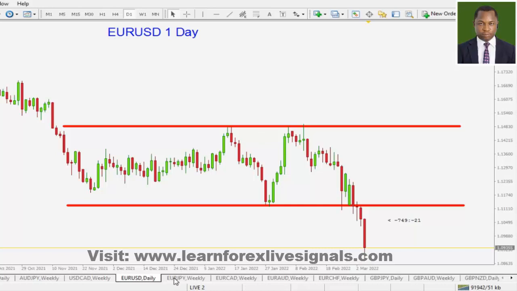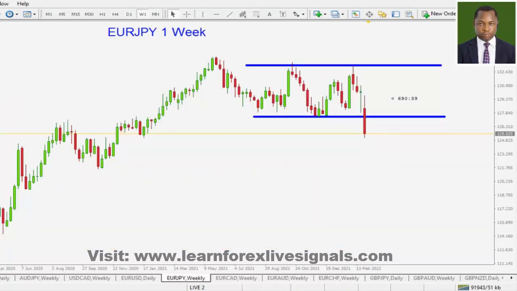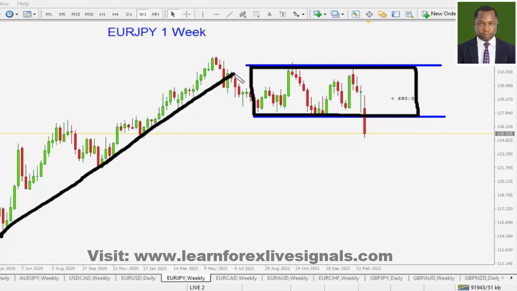Now another pair is the euro against the Japanese yen. Here you can clearly see, in fact this is a nice one in my opinion. You can see that range right there in the rectangular box. Previously we had that trend to the upside that got broken, then price entered into this sideways bias, that range. So for last week, what did we get? We got a solid breakout to the downside.